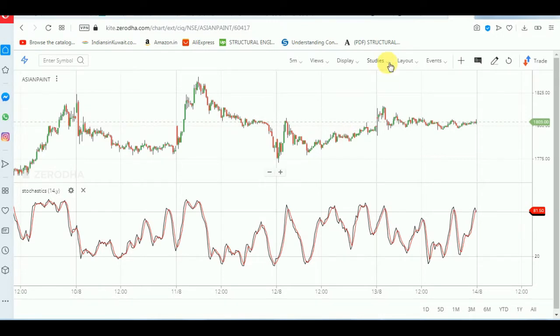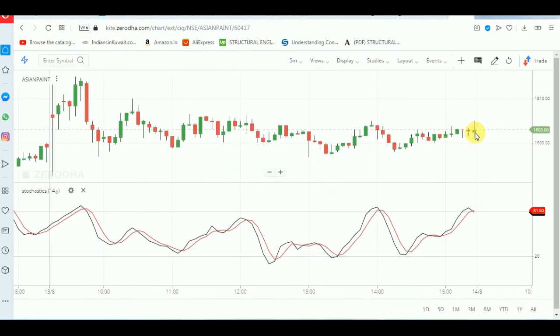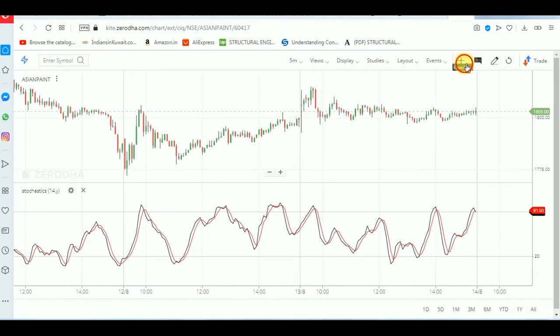Going to the settings, you can see this period 14. This is basically calculated based on the last 14 candlesticks. So if I need to know how this point has been created, then we need to see the last 14 candlesticks. Based on the last 14 candlesticks, the end of this black and red line has been found. So that is the setting of the period.